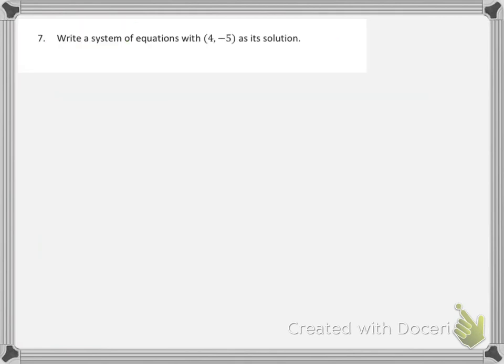Okay, last one today. We have to write a system of equations with 4, negative 5 as its solution. So whenever I put in a 4 for x and a negative 5 for y, it'll be a solution to these two equations. So there are a lot of things that I could do, but I could write it in slope-intercept form. But in this case, it might be better to use standard form. So let's say we had,